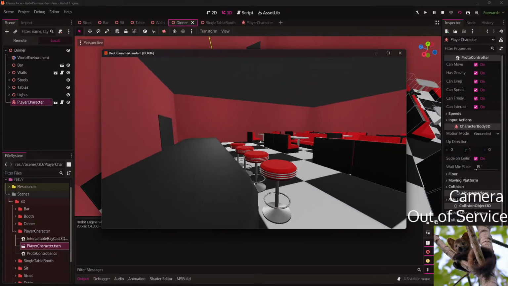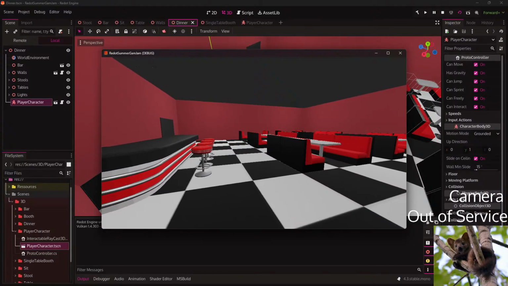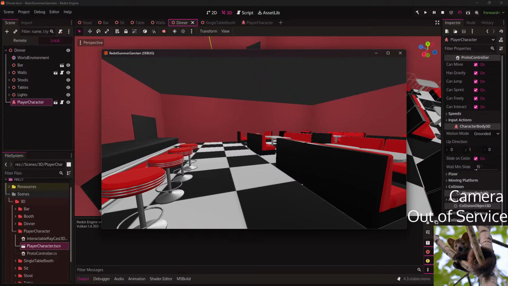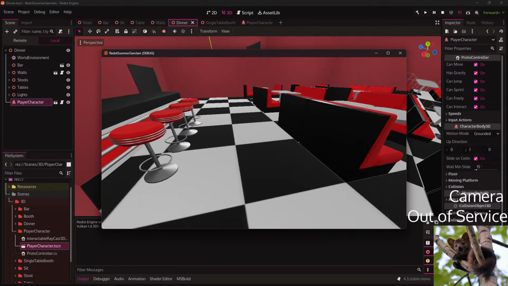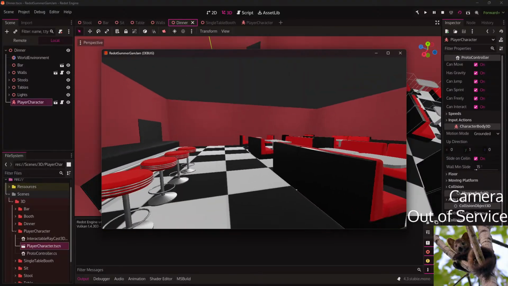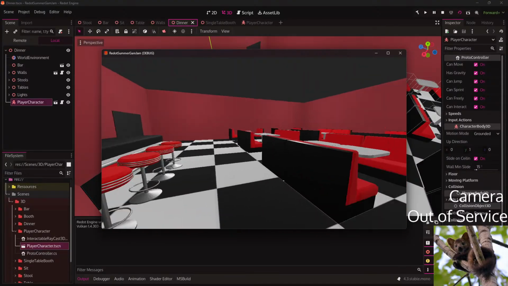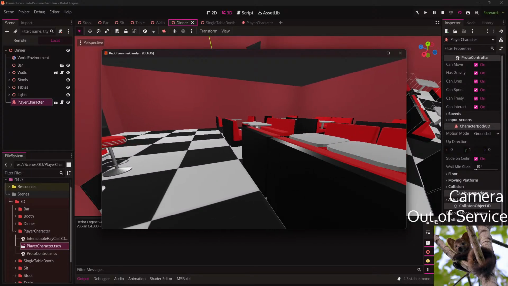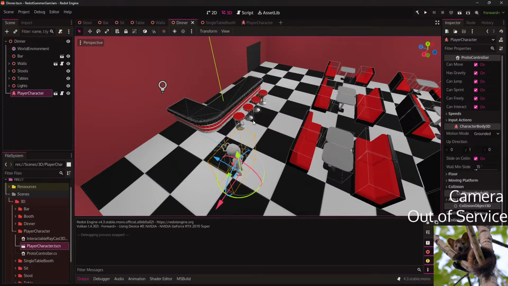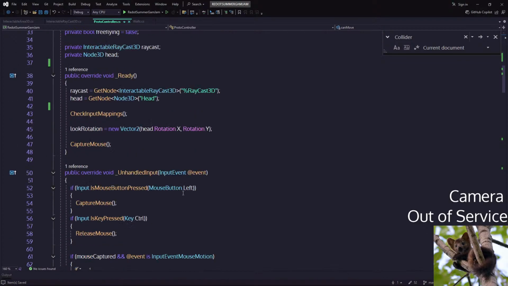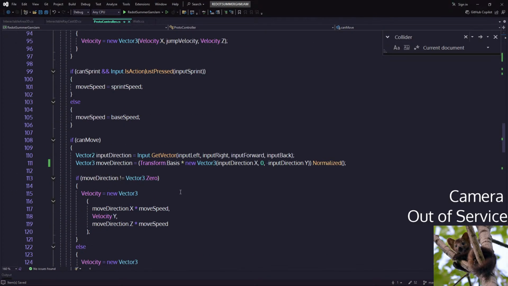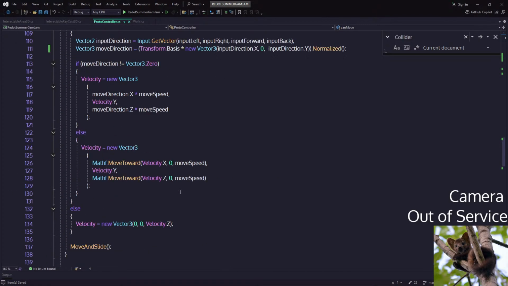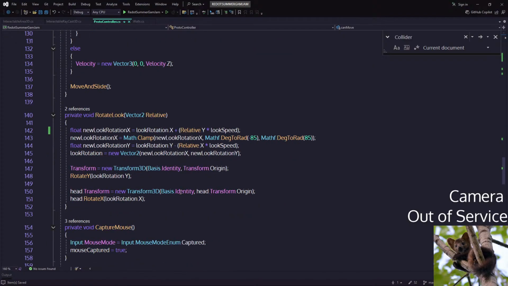Okay, so moving forward is fine. But now left and right is wrong. And top down's fine. Left right's fine. So I just have left right wrong. So what did I do?